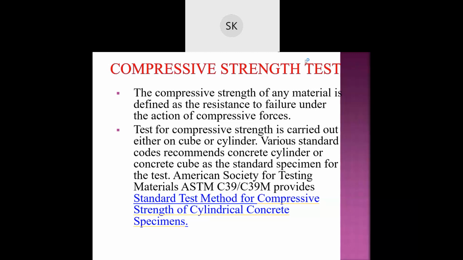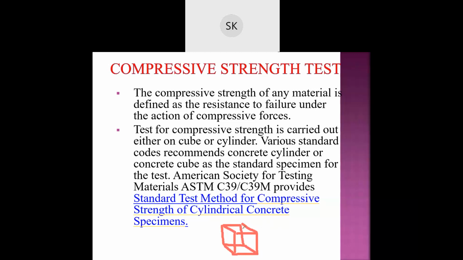Cube is in this shape. I will not discuss the American society, as we are Indian, so I'll discuss the Indian Standard. We make 3 cubes for every sample.